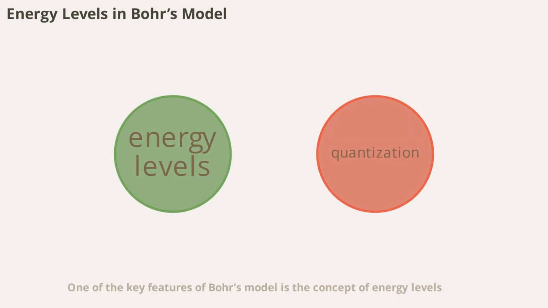One of the key features of Bohr's model is the concept of energy levels. Each allowed orbit corresponds to a specific energy. Bohr derived an expression for these energy levels, showing that the energy of an electron in the nth orbit is negative and proportional to 1/n². This means electrons closer to the nucleus have lower energy, and moving to higher orbits requires absorbing energy. The quantization of energy levels explains why atoms emit or absorb light at specific wavelengths, leading to the characteristic spectra